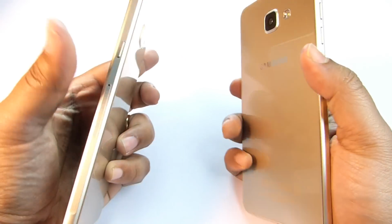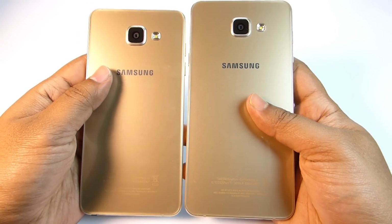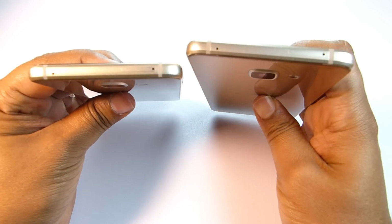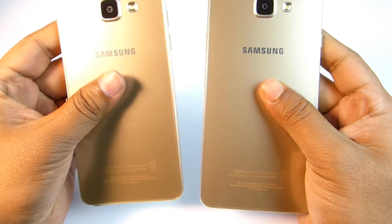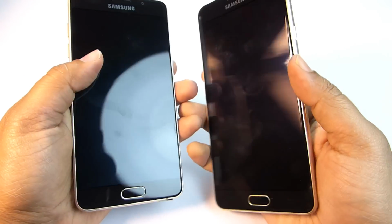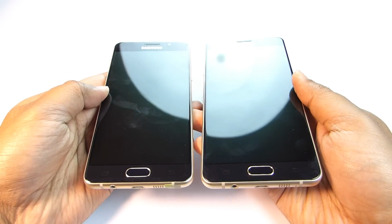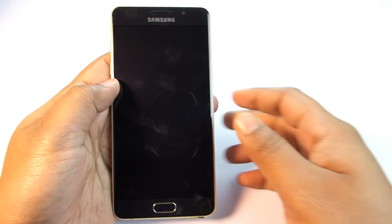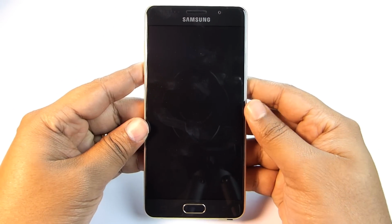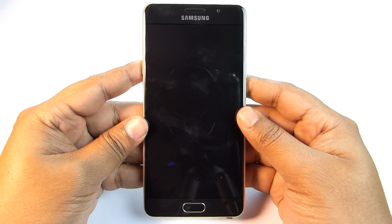Apart from the screen size, the battery is slightly bigger on the A7. It's 3300 mAh, whereas you have a 2900 mAh battery on the A5. Now though the specs, that is the CPU and the GPU, are identical, Samsung made a big mistake by putting only 2GB of RAM on the A5 where you get 3GB on the A7. Samsung included the full-fledged TouchWiz interface on these A-series devices, and that alone eats up around 1.3 to 1.4GB of